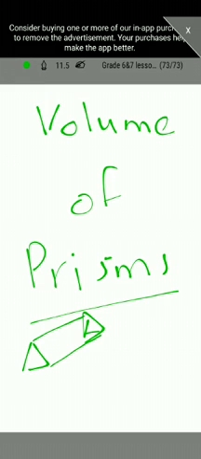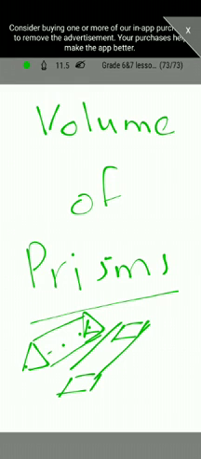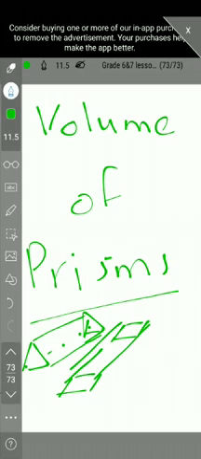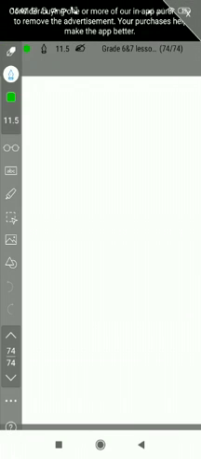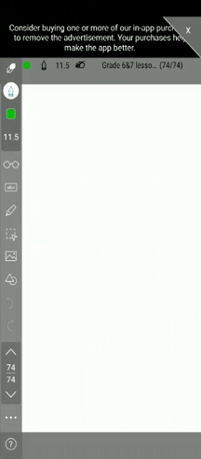It can be like Toblerone chocolate if it's a triangular prism, or if it's a parallelogram base. So there are different types of prisms, so we need to understand how we find out the volume of these prisms. The basic formula is the same for all the prisms, and that formula is: volume of prism is equal to